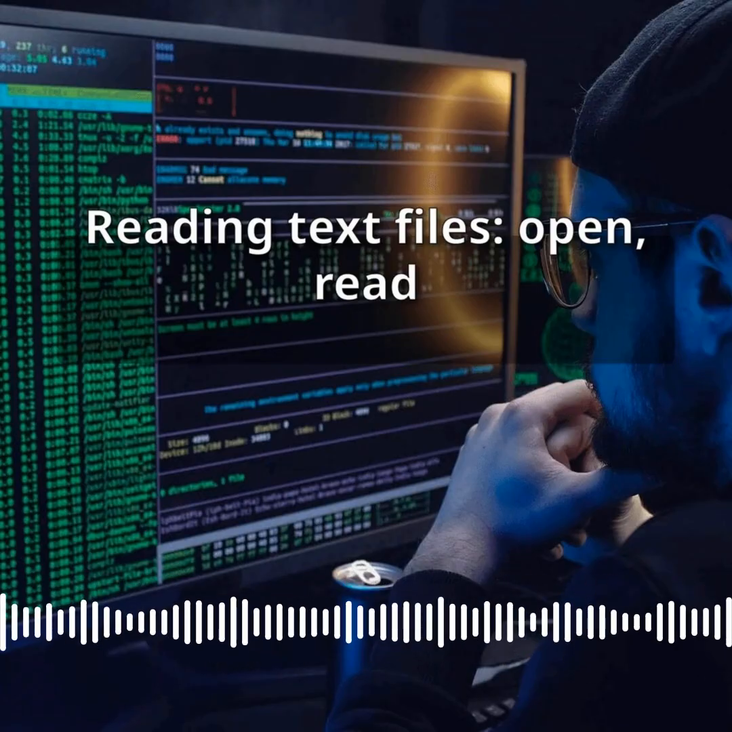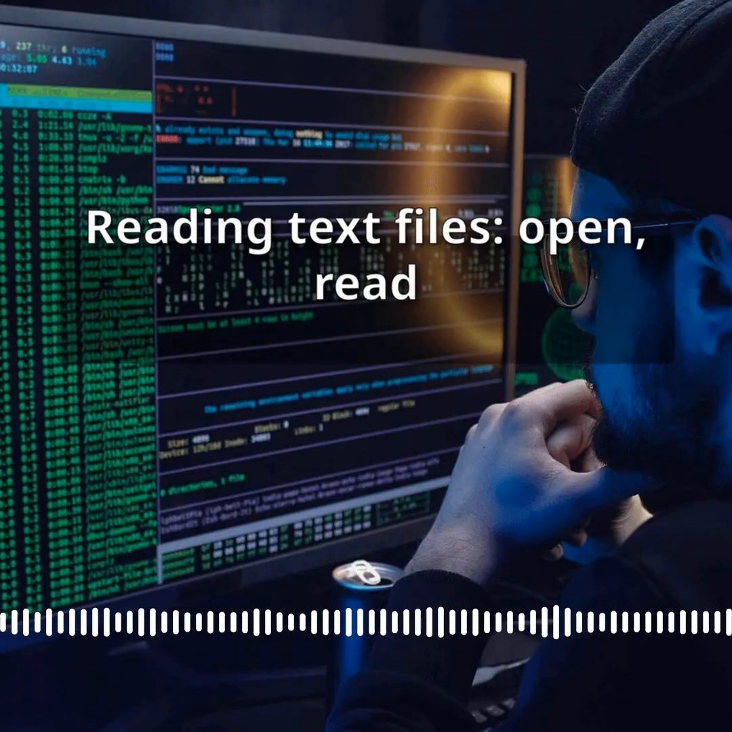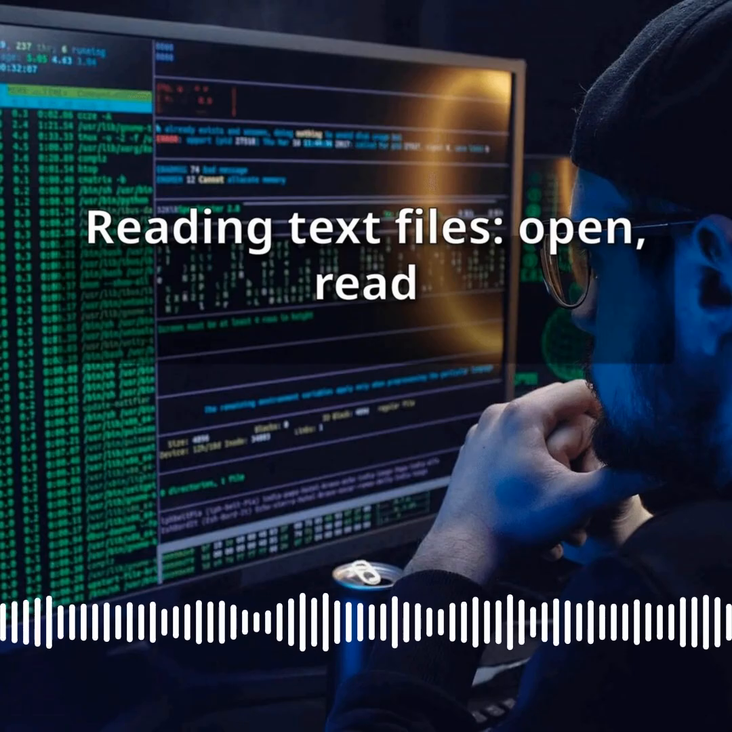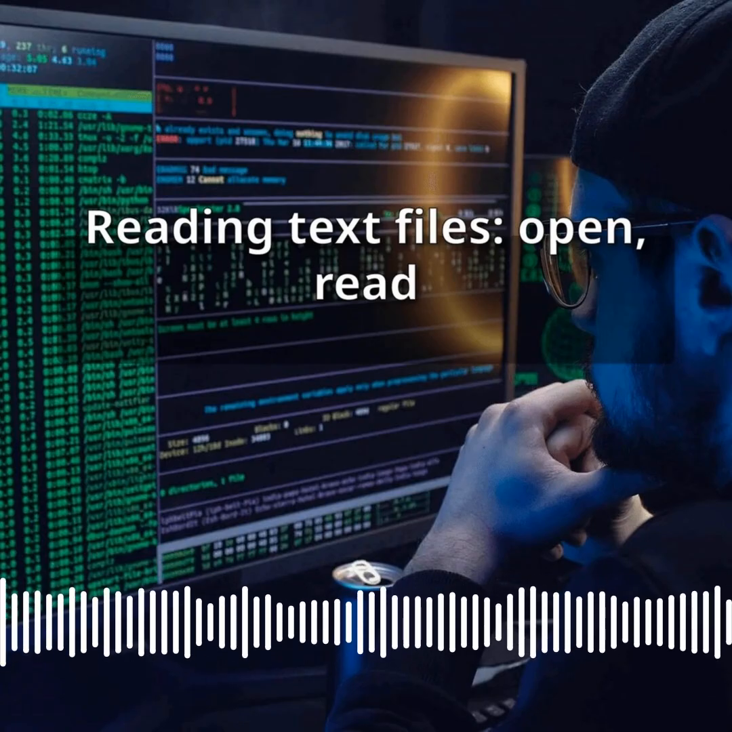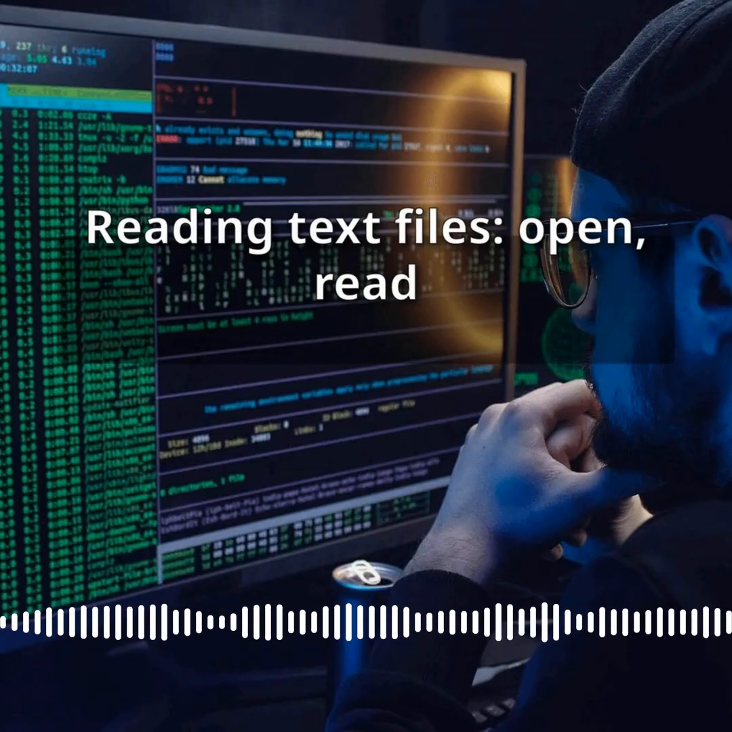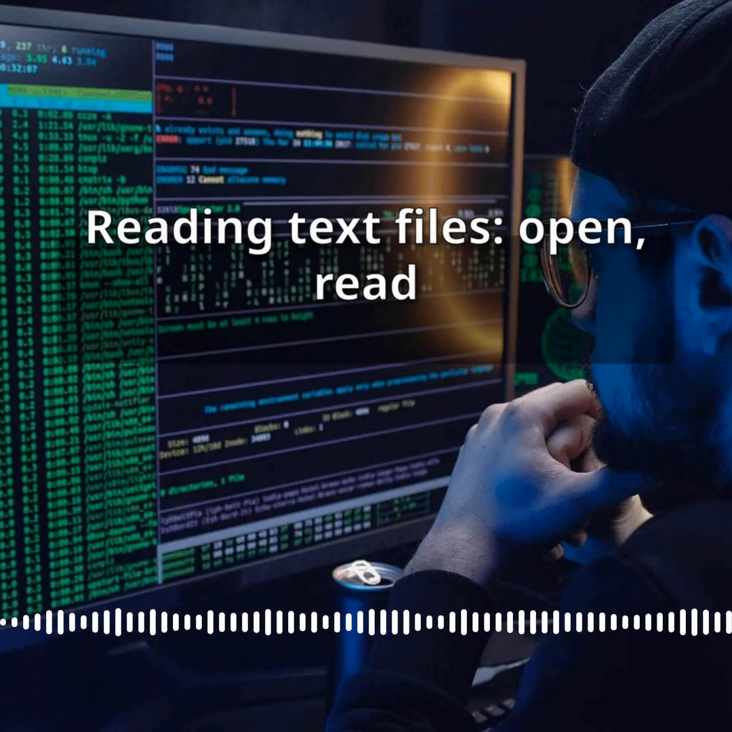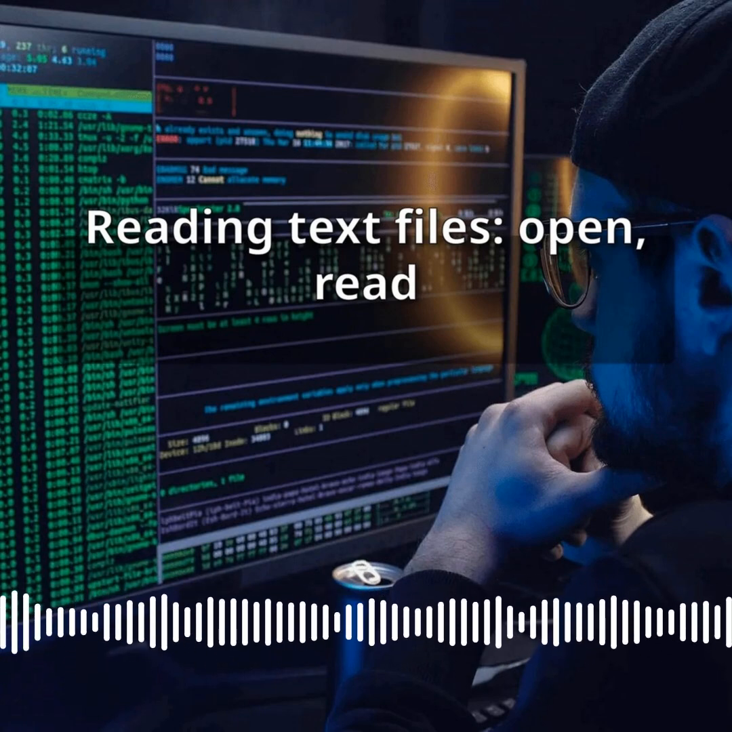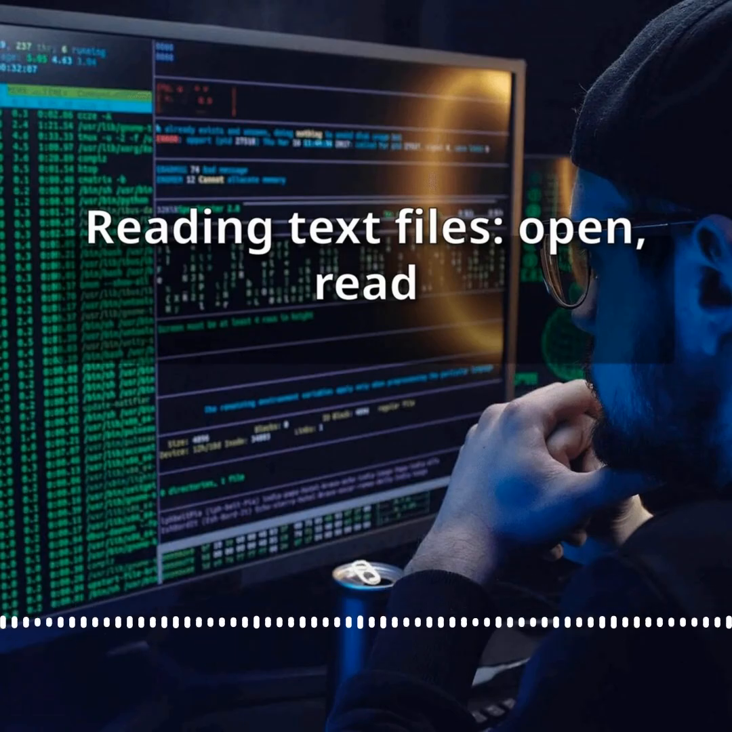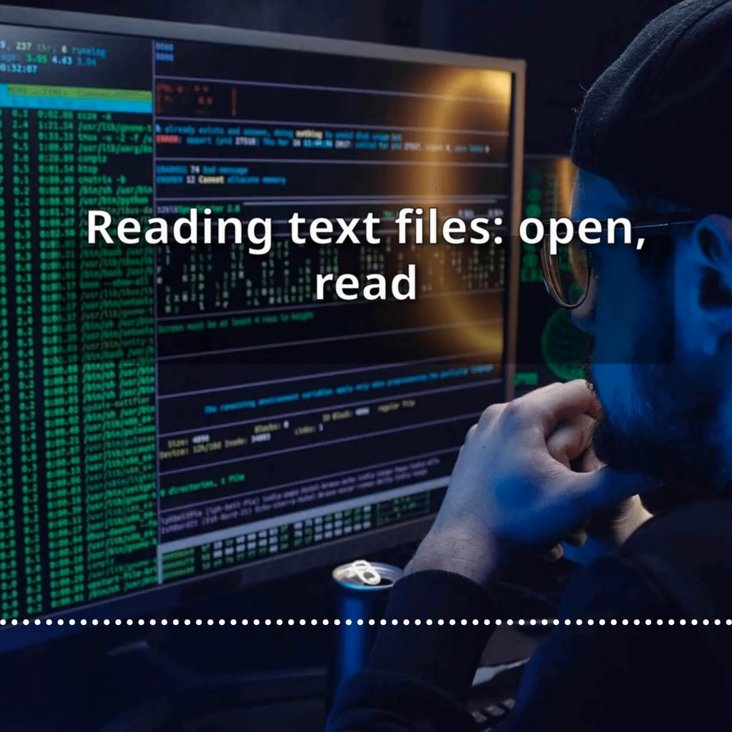Number two, readline. The readline method reads one line at a time from the file. Each call to readline advances the reading position to the next line. When the end of the file is reached, readline returns an empty string. Example: with open("IP_list.txt", "r") as file: first_line = file.readline(); second_line = file.readline(); print(first_line). If IP_list.txt contains